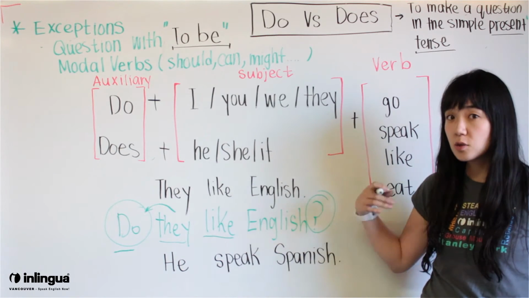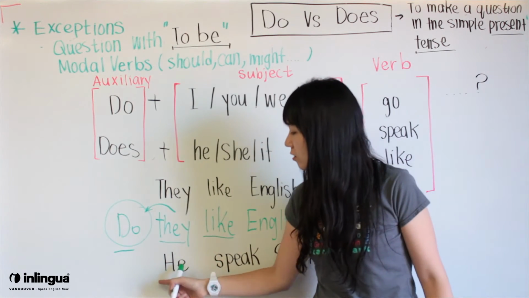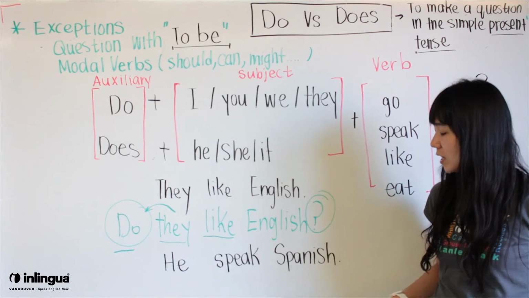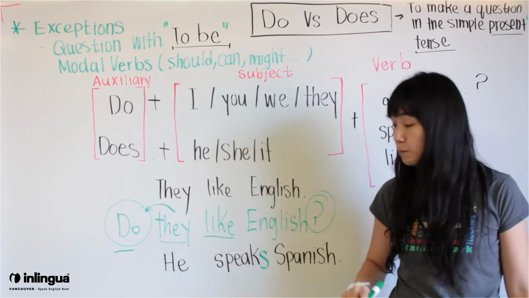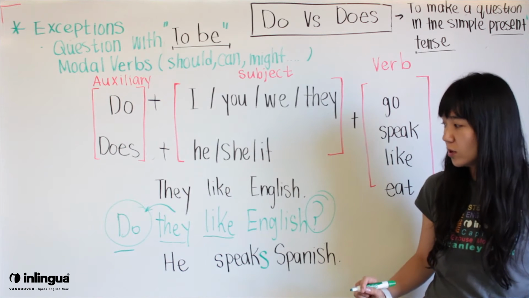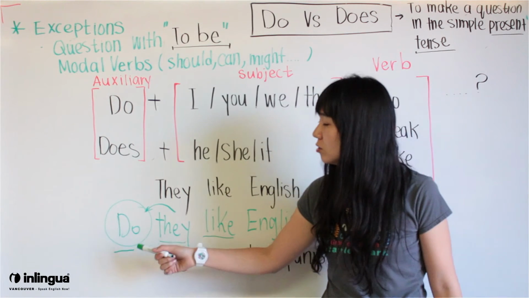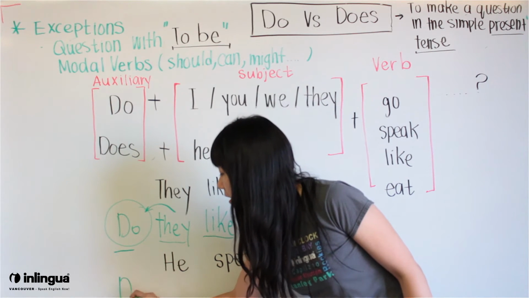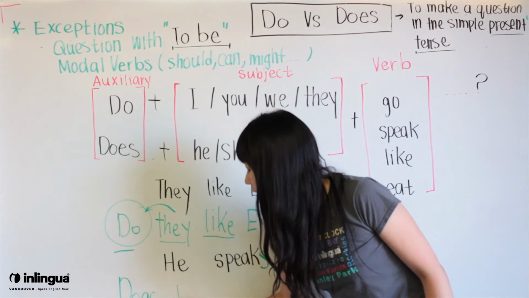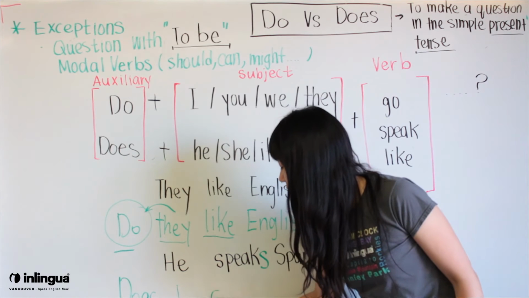So when you're making a question, here is the affirmative sentence, he speaks English. Now, when you make the question, you use the auxiliary verb does. So, does he